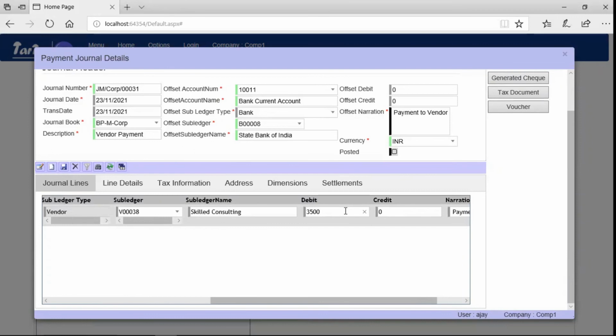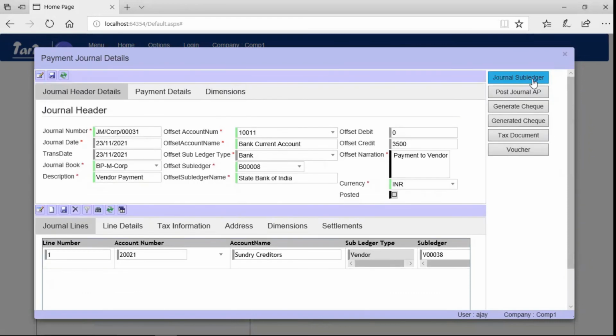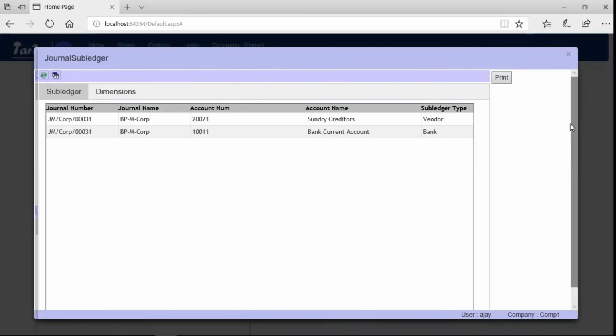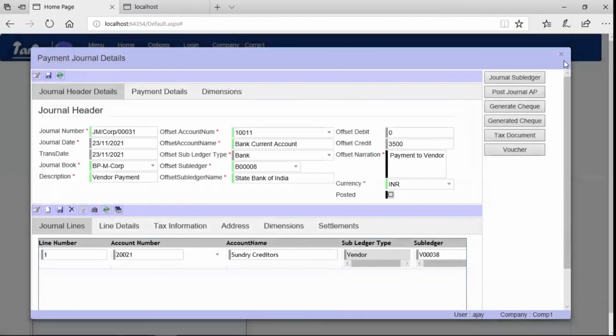Offset credit will automatically appear. Click the Journal Subledger and check the accounting entries. Close Subledger and post the journal. Once posted, we will check the voucher.